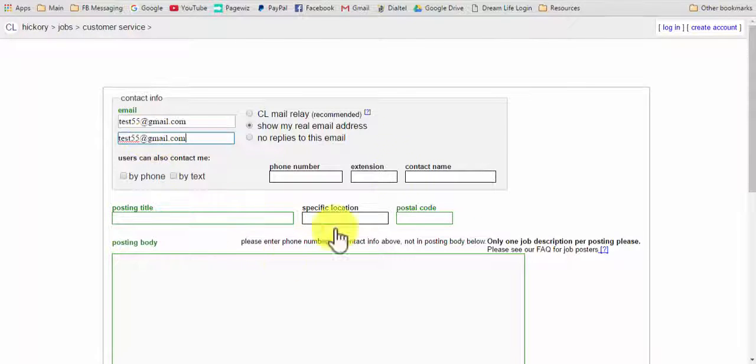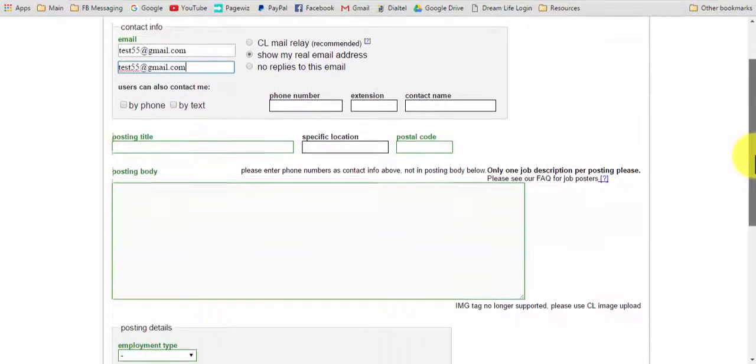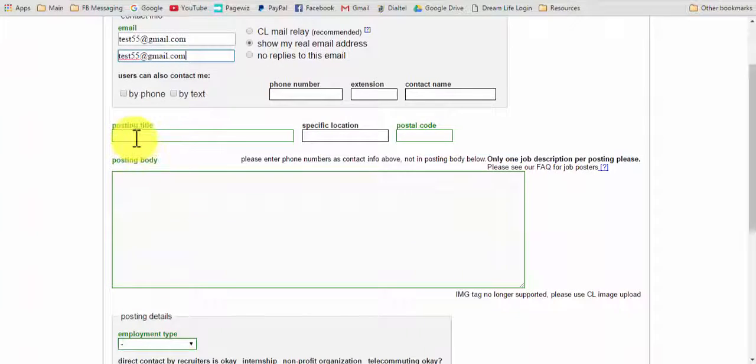Okay, and then here, now it's up to you if you want to put your phone number and contact name and all that. I usually put those details in the actual body of the email itself. Okay, so that's totally optional. So what I'll do is I'll go ahead and scroll down here, and the first thing I'll type in here